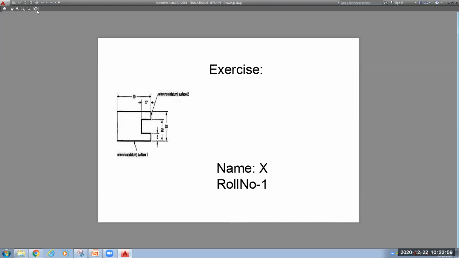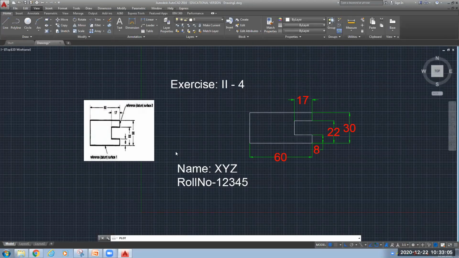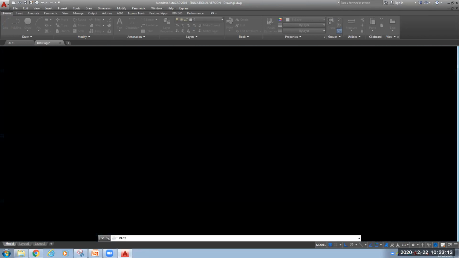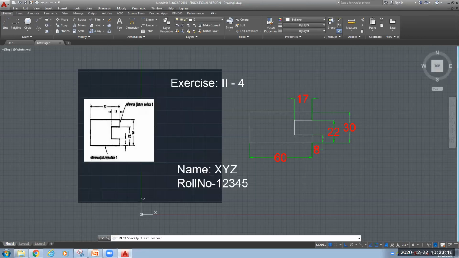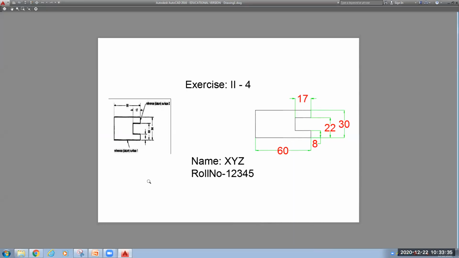So here one close option is there on the top. You close this. Once again, if you want to select the window, you need to click on this tab. Okay. Click on this window. The previous one that you selected is shown here, and the new one you can select using your cursor. See here, I have now selected the entire figure. Now I will click on center the plot, and then we can see the preview. This is exactly what we are looking for.